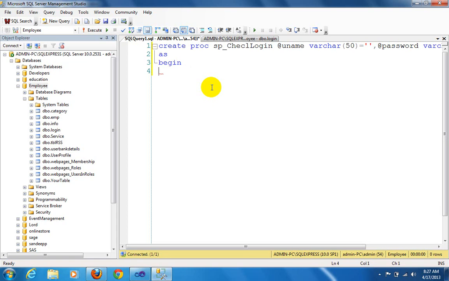Now I have to check whether the username and password are correct or not. To implement this, you can take the if condition: select name from the table, that is login. This is my table, that's why I can put brackets here, where uname equals to @uname, and